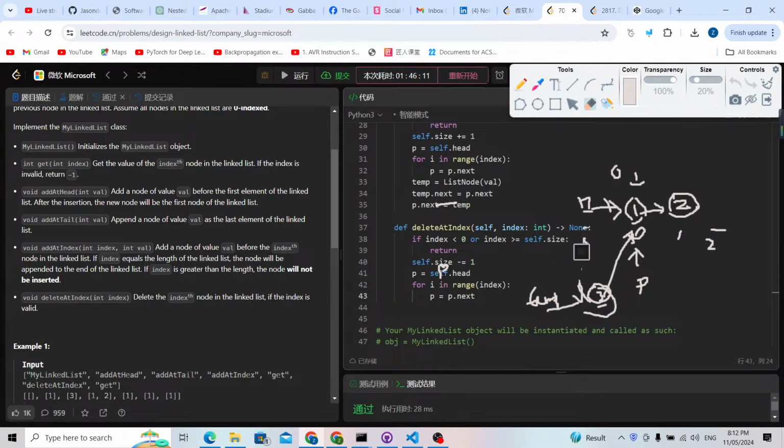Let me clean these areas a little bit. Maybe we want to delete a node of index 0. So this is index 0, we want to delete this node, and this is P. How can we delete it? If we want to delete this node, we're going to use for i in range index. So index is 0, we didn't do anything. And then P.next